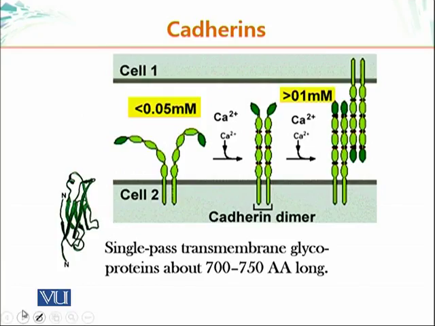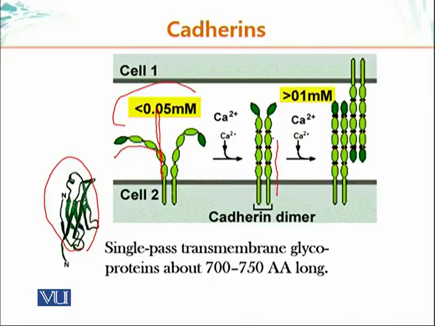Here, for example, again, is the point I just mentioned. Here, by the way, is the Ig domain. There is basically the structure of it. If there is a low amount of calcium present, these molecules will no longer be stiff. They will become floppy and get degraded by proteases. As the calcium concentration increases, these molecules become stiffer and stiffer. 2 of these molecules in one cell will attach to the 2 molecules of the adjacent cell, providing this adhesion that we have talked about.